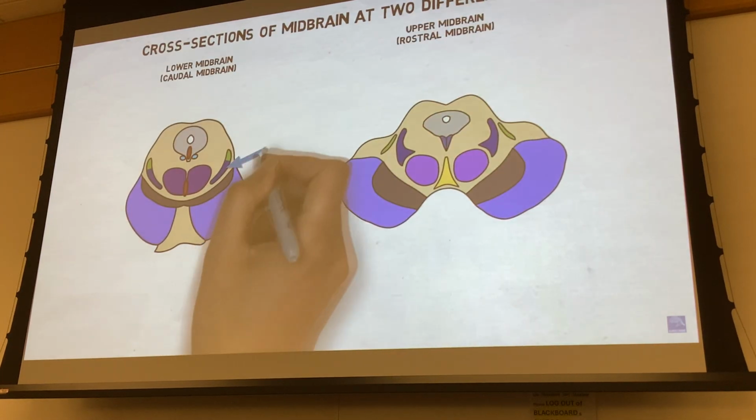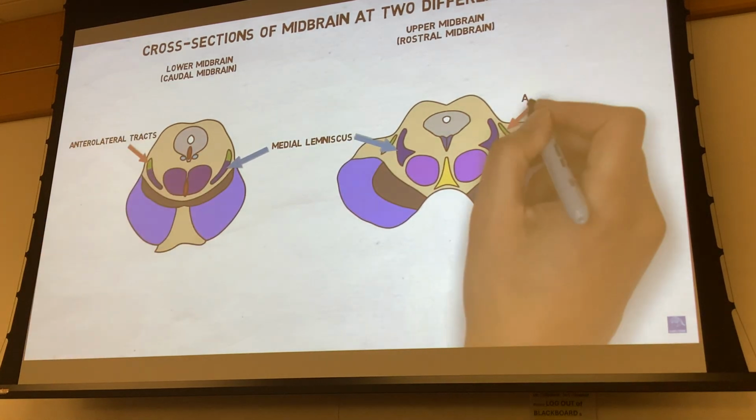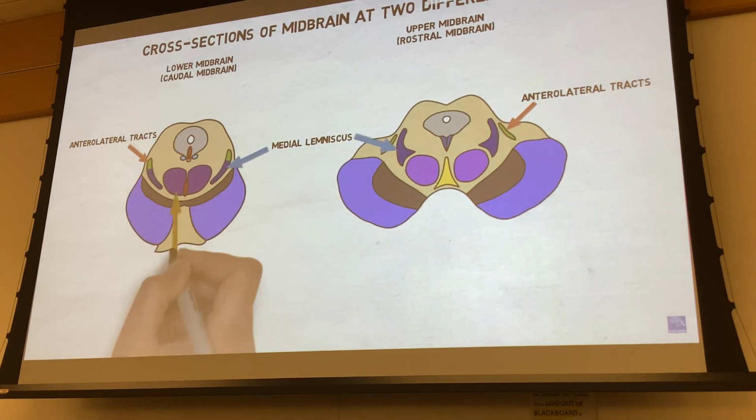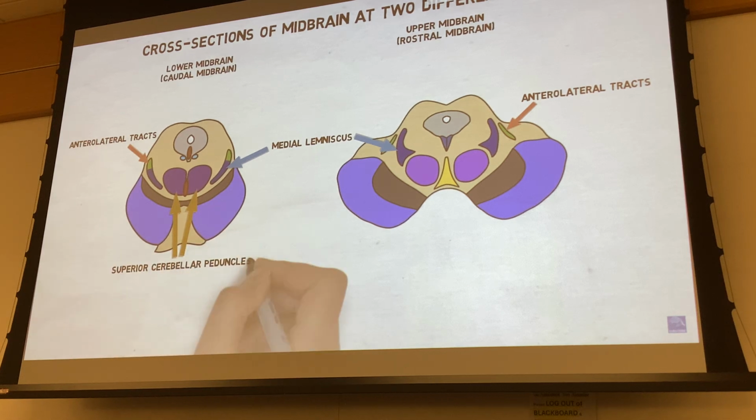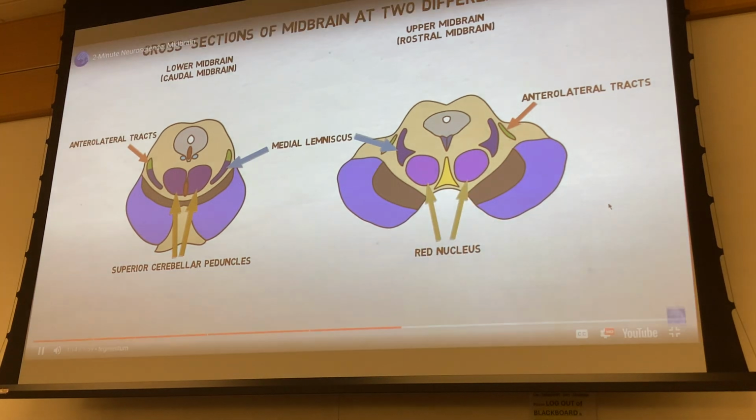The tegmentum contains a variety of ascending and descending tracts, like the medial lemniscus and anterolateral tracts. It also contains fibers from the superior cerebellar peduncles, the main output pathway of the cerebellum, and the red nucleus, a nucleus thought to play a role in motor coordination. The tegmentum contains nuclei for cranial